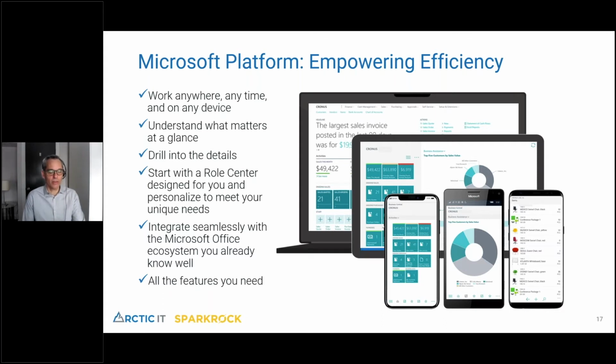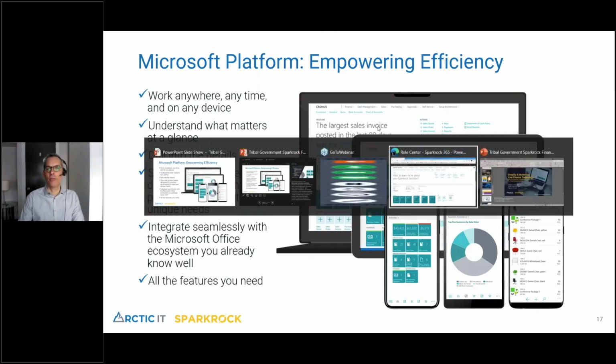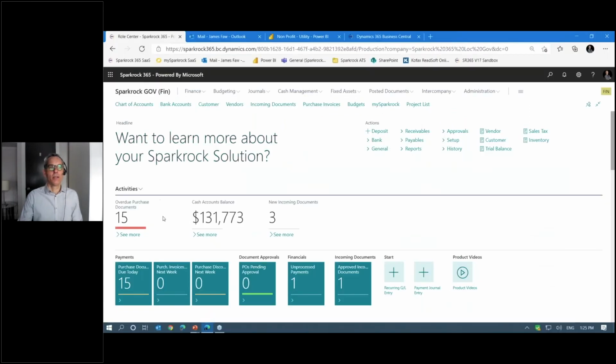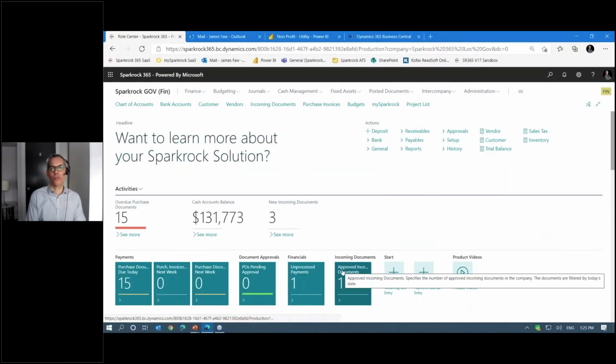So this is a true cloud and SaaS application stored in the Microsoft cloud, so the most secure business cloud available. So it means that your internal IT department doesn't have to manage all of these things. So I'll go into the application right now just so you can see here. So it's a true cloud and SaaS application, meaning it receives updates as quickly as possible.